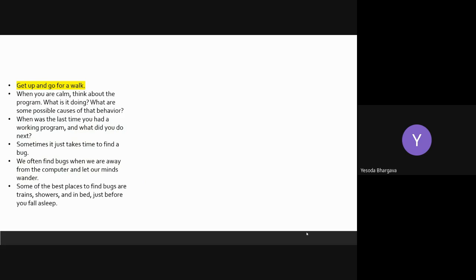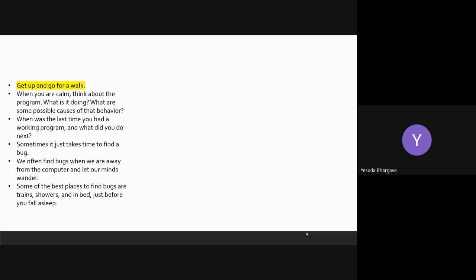So normally, if you are stuck in a problem and you have identified everything and still, even though you have solved all the runtime errors, semantic errors and logical errors are persisting and you're not able to arrive at a solution, then you need to get up from your system and go for a light walk and think about the problem again with a calm mind. Because when we are trying to push really, really hard, sometimes we block our own vision and understanding and we come in our own way.